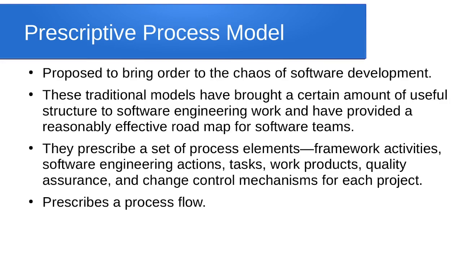Definitely, we have seen different kinds of process flows in the earlier slide. Different process models will be there, which we will see now. These process models also prescribe a certain kind of process flow: what the activities are and how these activities will take place, whether in sequence, iterative, or evolutionary, and such things. Such things are a prescriptive process model.